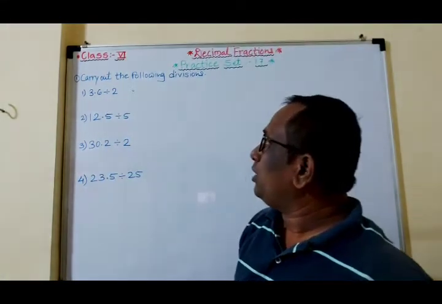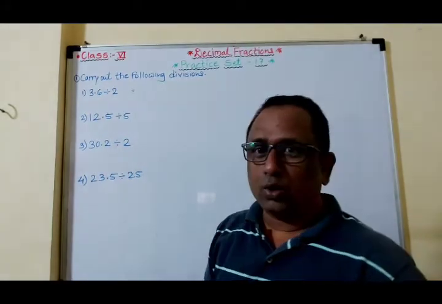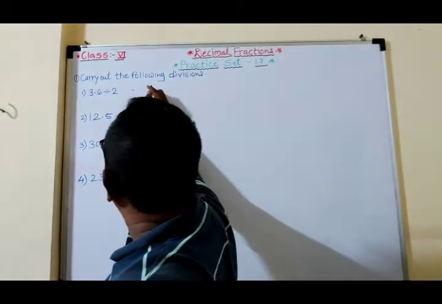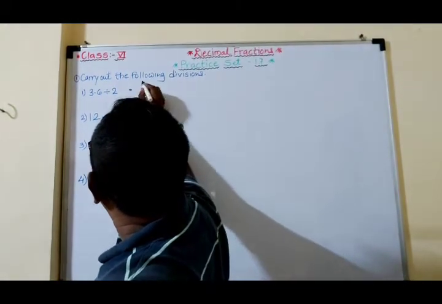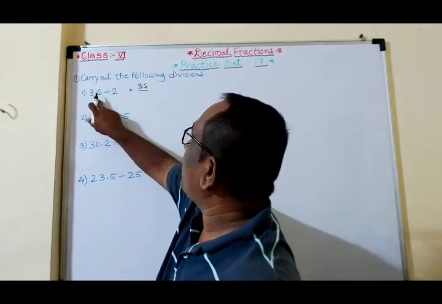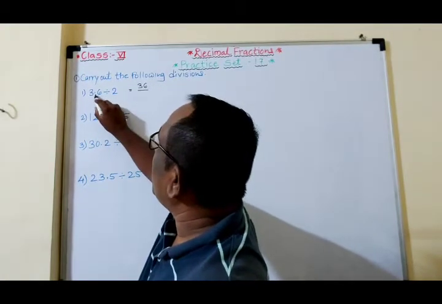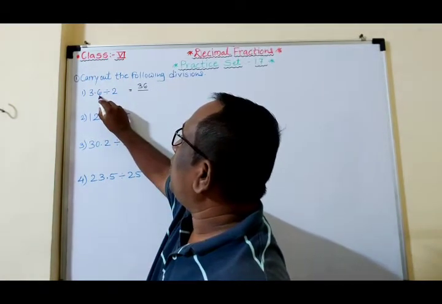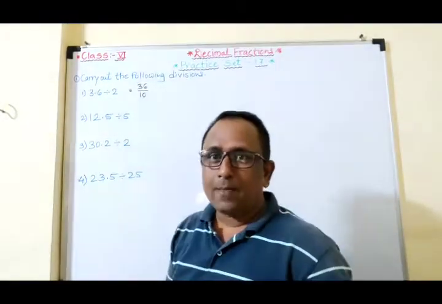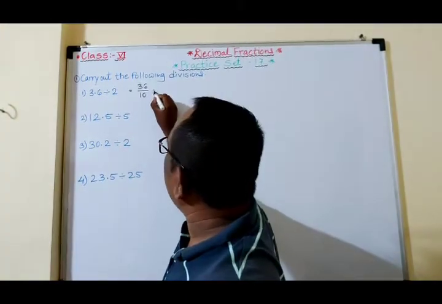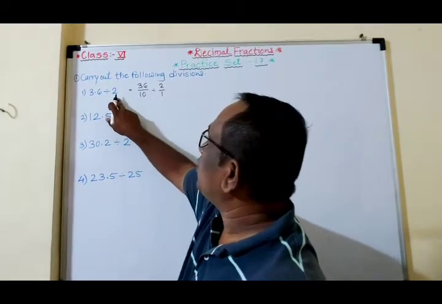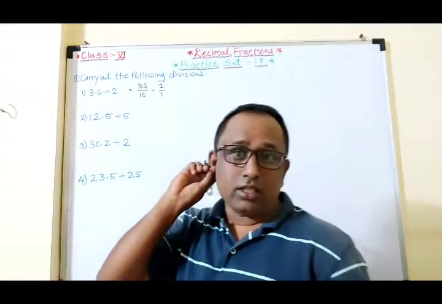So this decimal fraction we have to divide by 2. Okay. Now first what we have to do, student? First step, we have to write this decimal fraction into fraction form, 3.6. After the decimal point, 1 digit is there, so our denominator is 10. Okay, and divided by 2. So we have to write 2 upon 1. When there is nothing, this is a whole number, so always their denominator is 1.